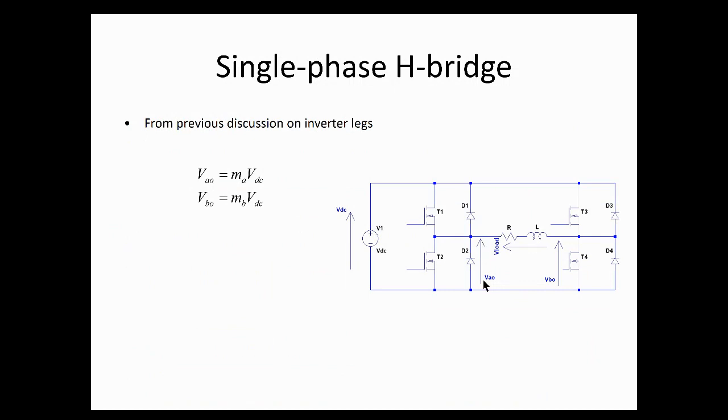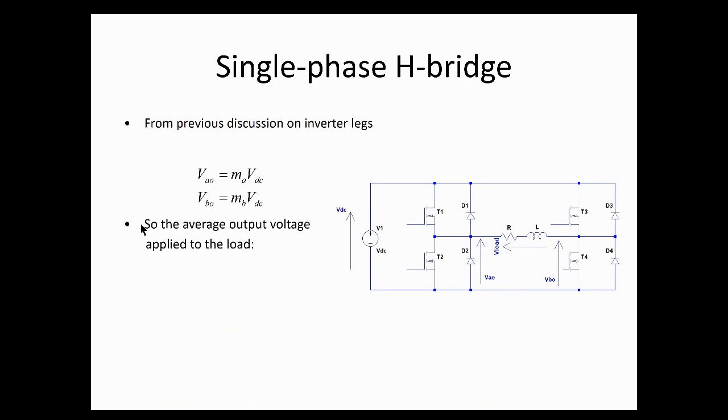So leg one, let's call it leg one, that output voltage is going to be some modulation index times the input voltage from that bridge. And the leg two, let's say this one is leg two, VB output is going to be some modulation index, let's call it MB, times the input voltage, right? Of course, the input voltage is common to the two, they're in parallel. I know somebody is wondering where that is coming from. They're in parallel, so they're seeing the same input voltage. All right, so